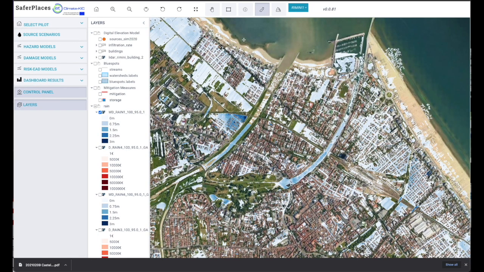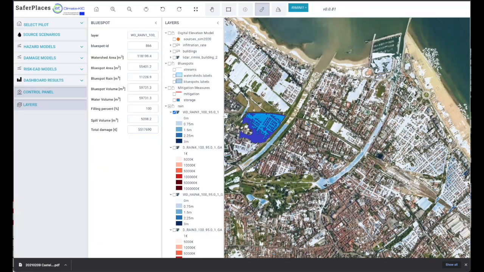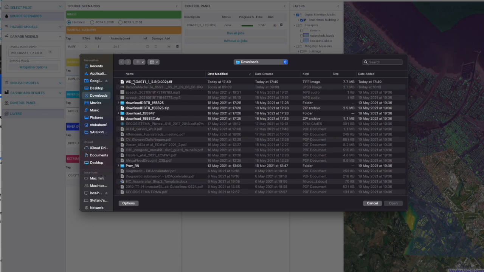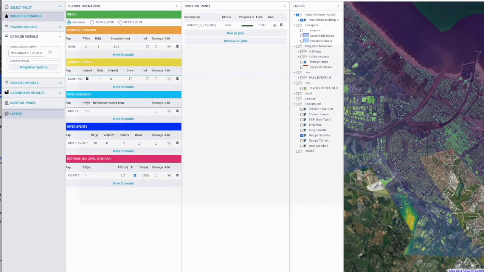In this case, for example, the selected depression is 100% filled with a volume of around 60,000 cubic meters and a spillover of 5,000 cubic meters. This information could be very helpful to support the design of mitigation measures in the selected areas. In case the users already have available flood hazard maps provided, for example, by hydrodynamic numerical models, remote sensing data or other sources,